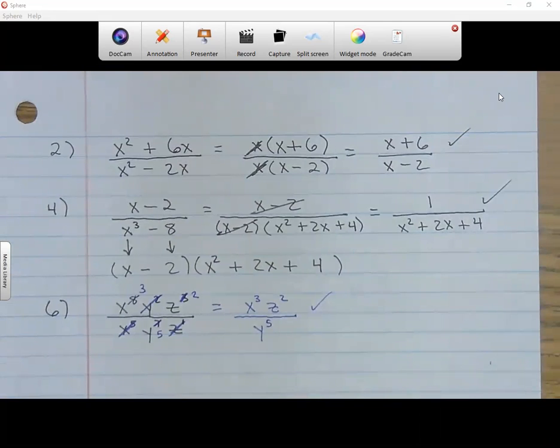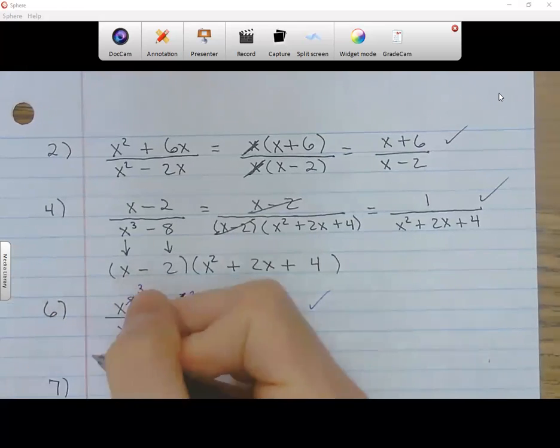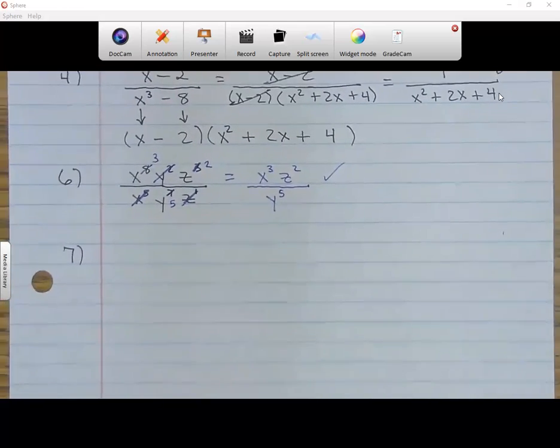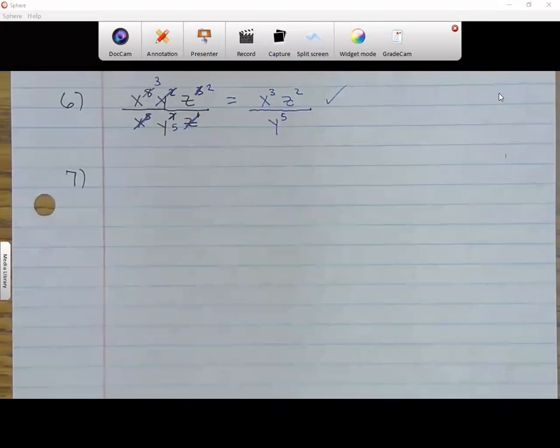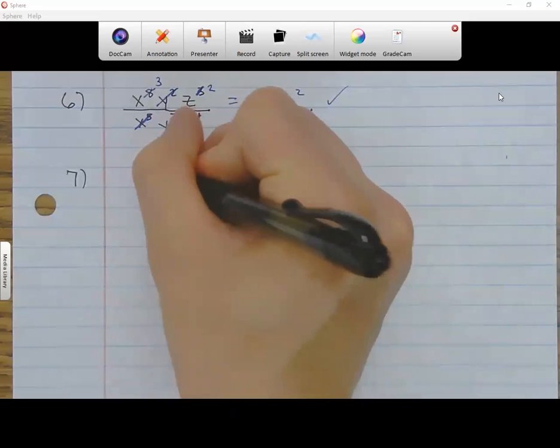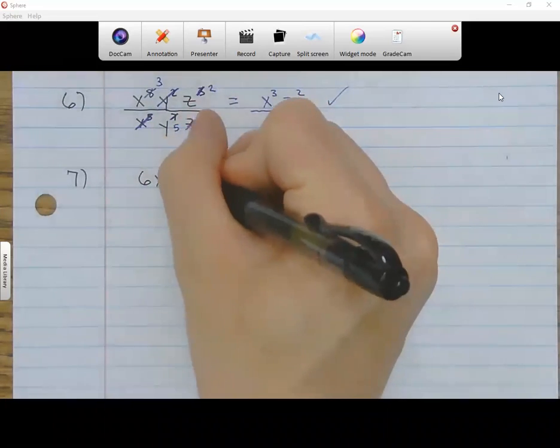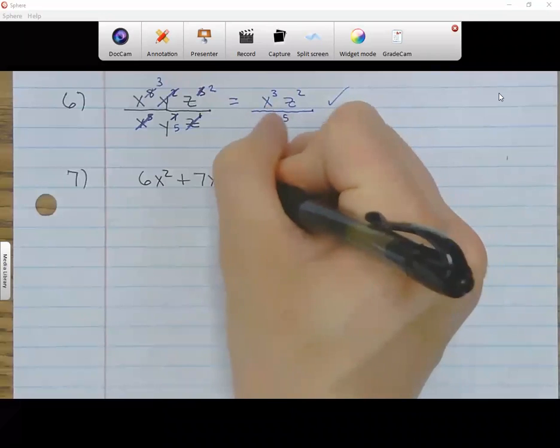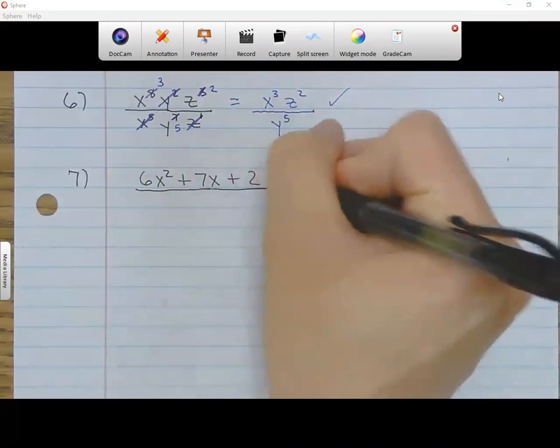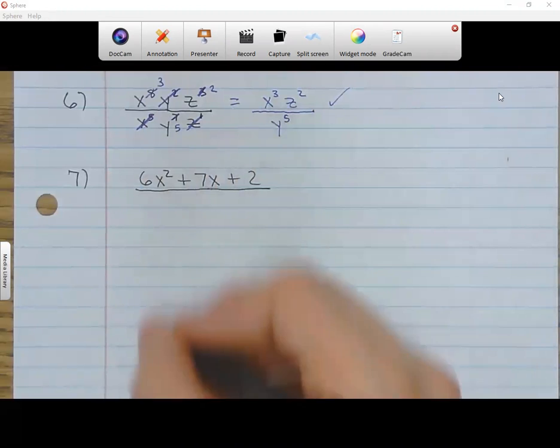All right. Let me go to number 7, since that's a rainbow question. And I know people are going to have questions about that one, so I definitely want to cover that before I leave. Let's do 7. And this is probably going to be the last one that we're going to be doing together. So for 7, I have 6x squared, 7x, and a 2. And on the bottom, I have 2x squared,